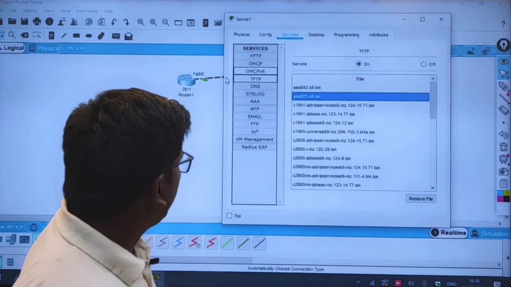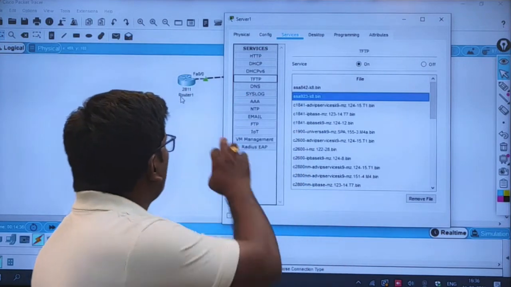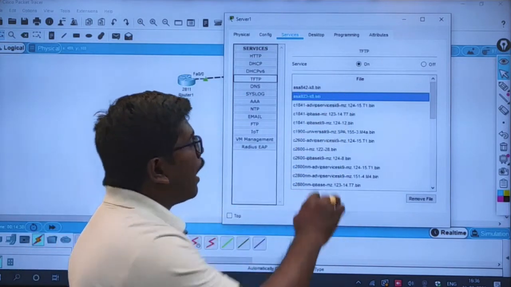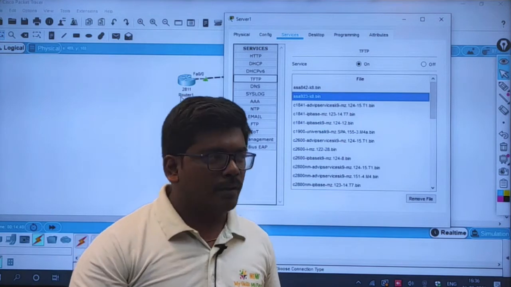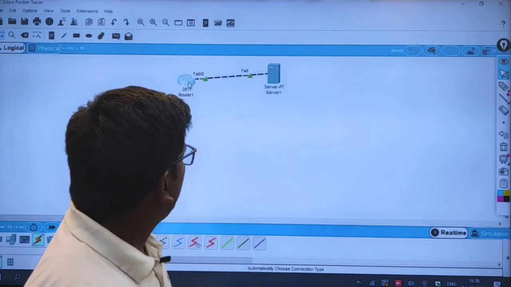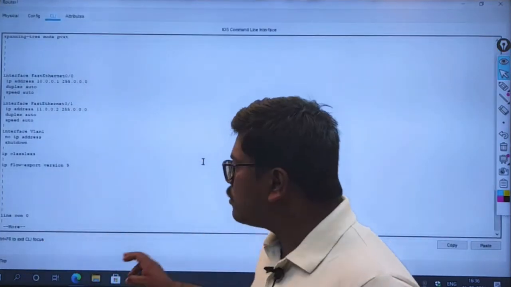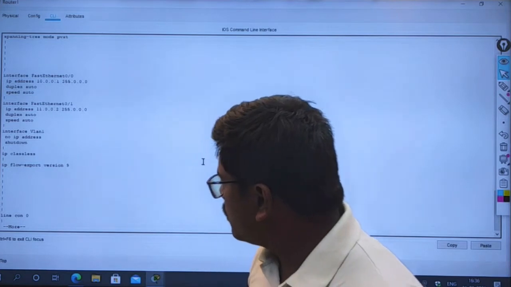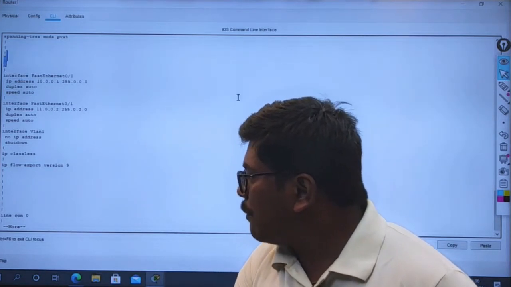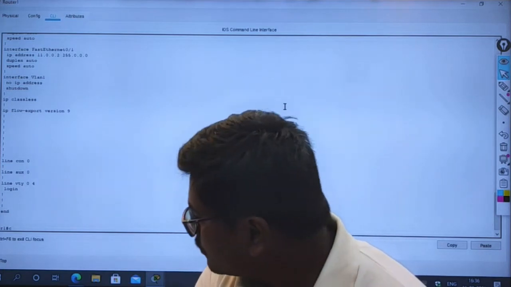I'm trying to take the backup of my configuration, that is the running config file of 2811, and save it here as 2811 config. So let's come here and open the command prompt of the CLI, and now here, to take the backup, I can use the command copy.